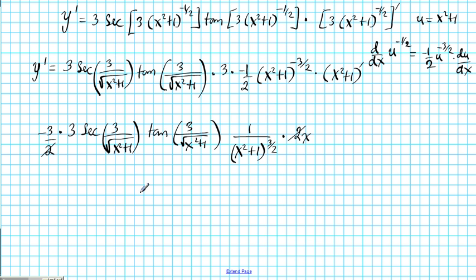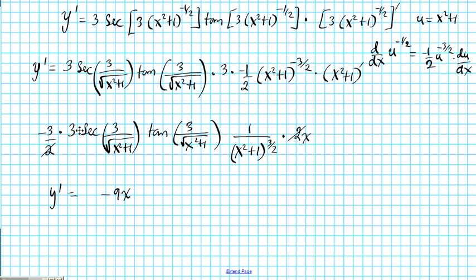Alright, so after the 2's cancel out, our result is going to become y prime is going to be, this x can be brought to the front, so we have negative 9x